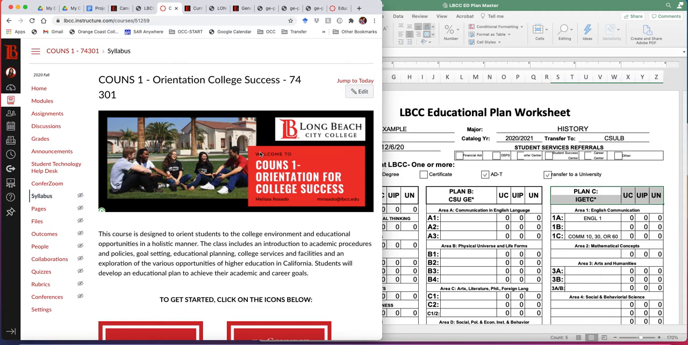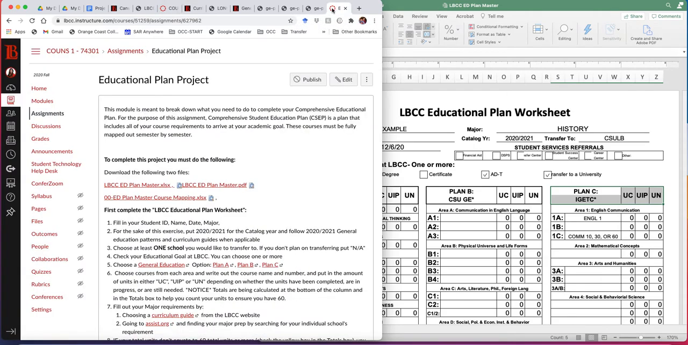The most important project you will have in this class is your educational plan project. You cannot pass this class if you do not complete this educational plan project. So let's go. The first thing you want to do is download two of the files, the